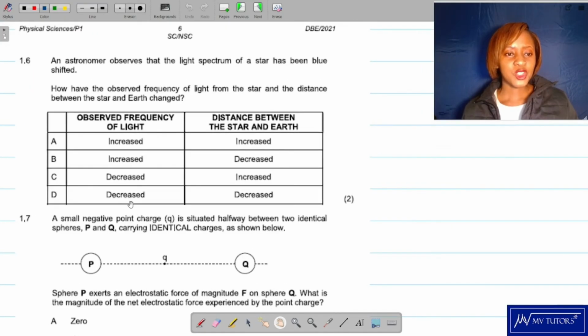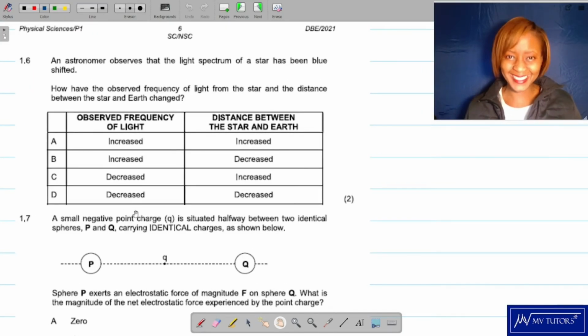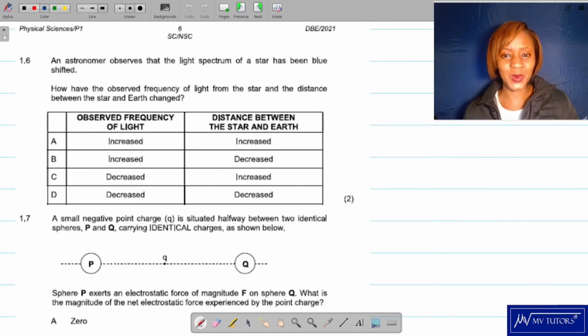Now an astronomer observes that the light spectrum of a star has been blue shifted. So you know the color is blue. How have the observed frequency of light from the star and the distance between the star and the earth changed? Okay guys, the color blue,